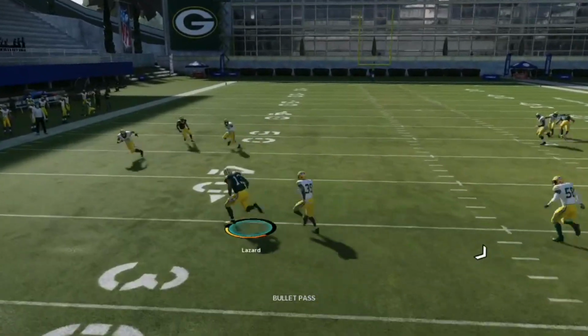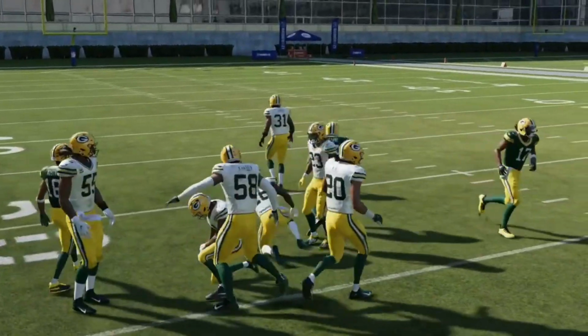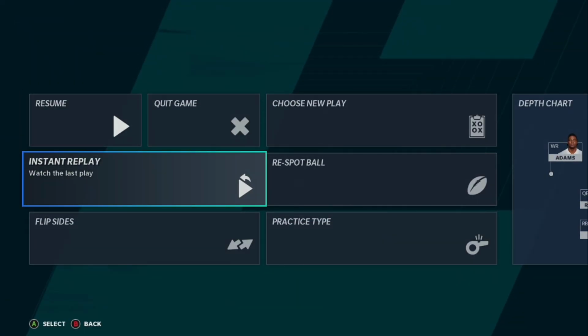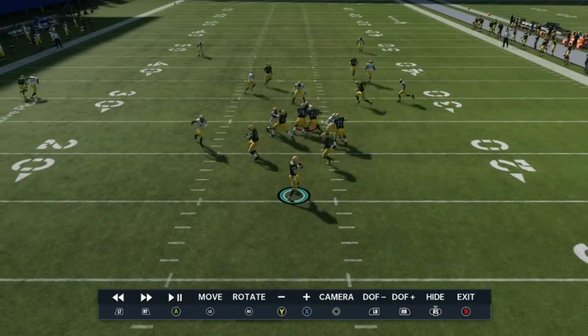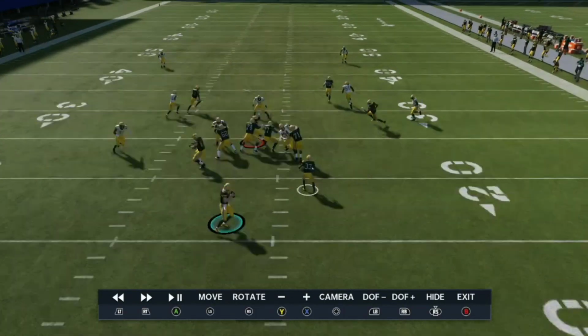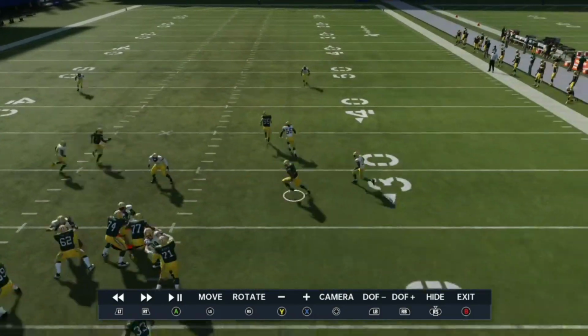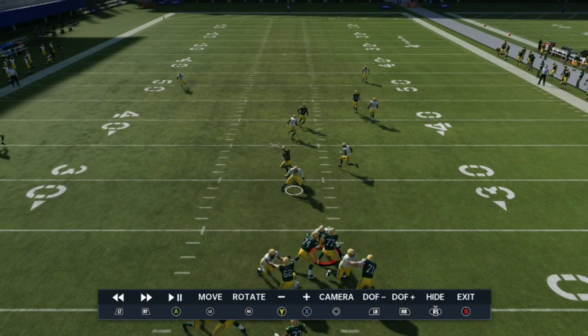So not only, you see how before our route got a little interrupted because it was man press, but again, you would definitely want to start utilizing motion snapping in your game, man. Whether it's a man blitz, man coverage. Because not only do you get this free release, but you can see here he got a little bit of a speed burst as well when we snapped it by the tight end. So make sure to utilize this tactic,